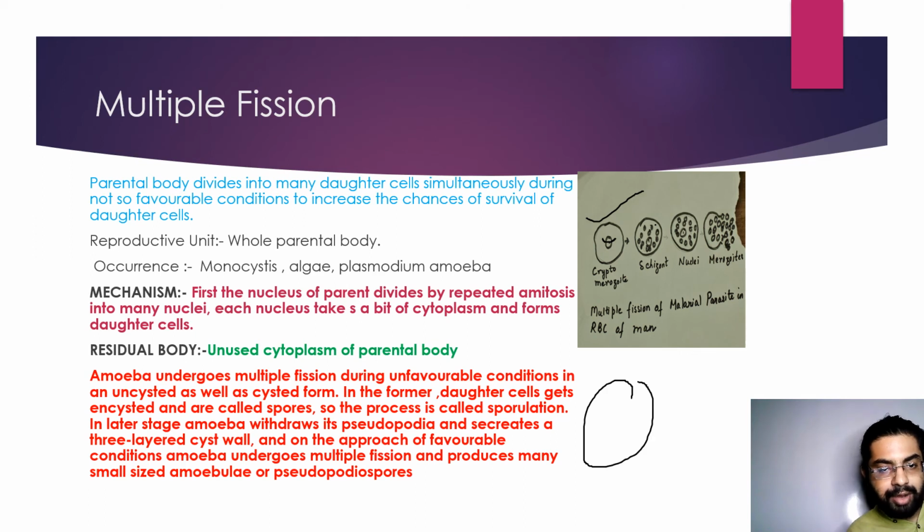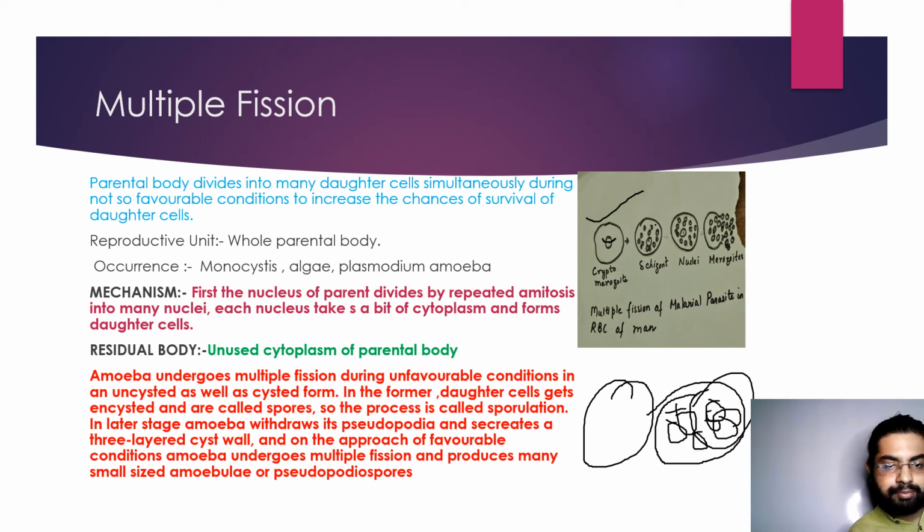So the amoeba first produces spores, then the division happens, that is the daughter cells are produced. Once the daughter cells are produced, upon favorable conditions, the daughter cells are found free, and these are called amoebulae or